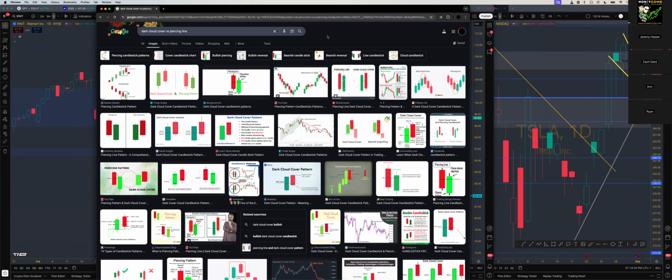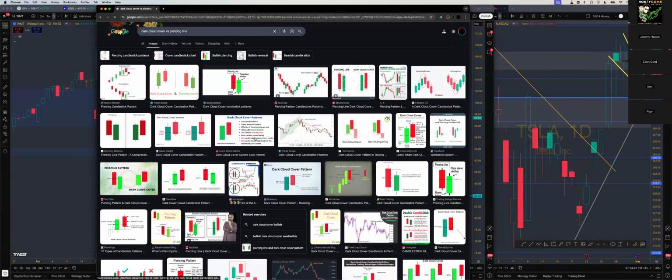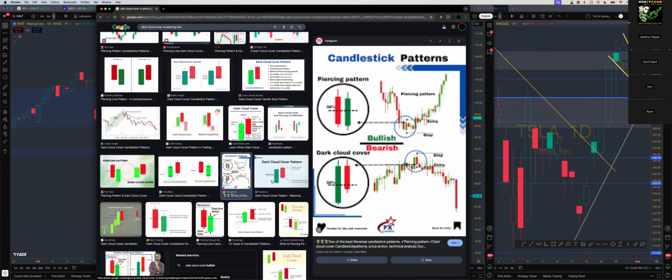Piercing line, dark cloud cover. All right, DCC. See how this one here, maybe that 50% mark closes below the 50% mark of the candle. This is a dark cloud cover pattern. It's bearish. It's a reversal. Usually when you go underneath that 50%, I hate how that's blurry, it makes me feel like I'm blind. Usually when you go under that 50% mark, that means you're going to continue lower.